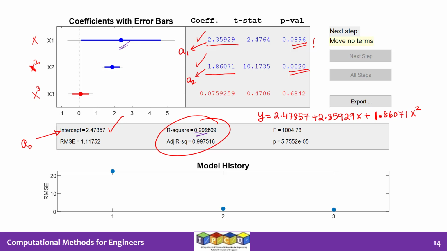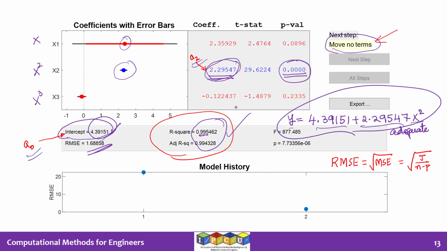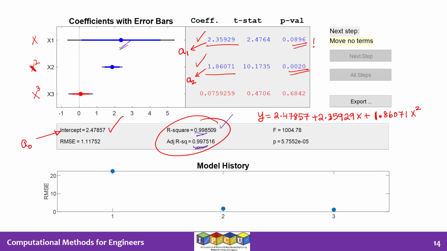Considering there are uncertainties in the data with respect to noise, etc. So there is a very small increase in R squared. And if you look at adjusted R squared, there is also a small increase of 0.003 units. So it's your choice whether you want to include it or not. I would not include it. Anything that does not contribute to an R squared increase of more than 0.05 or 0.1, I would probably not include in the model. So this is the model that you can get if you include the linear term as well. That means if you include the A1x term as well. Now the intercept is 2.47857. So that's A naught.